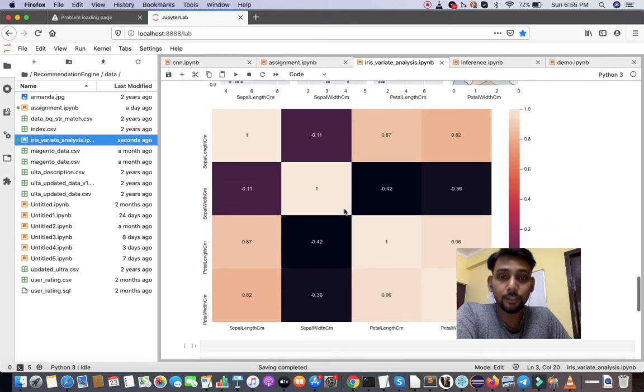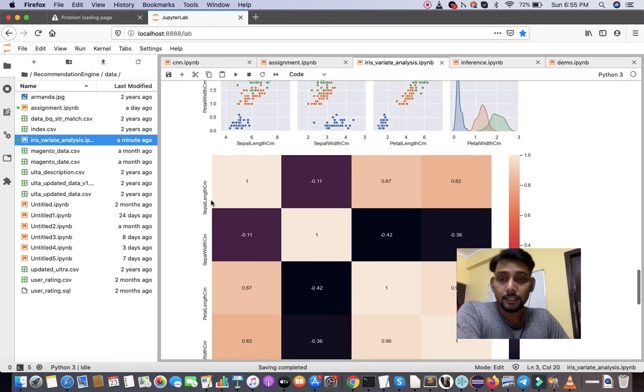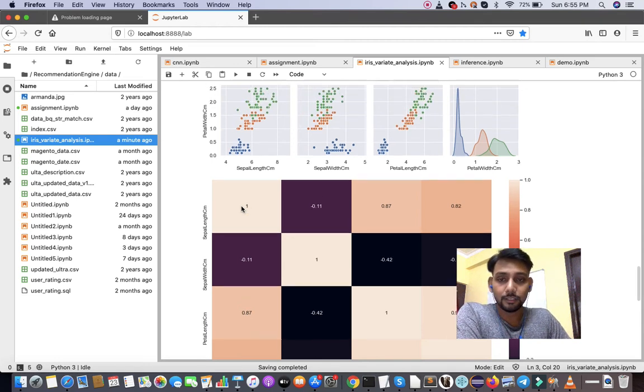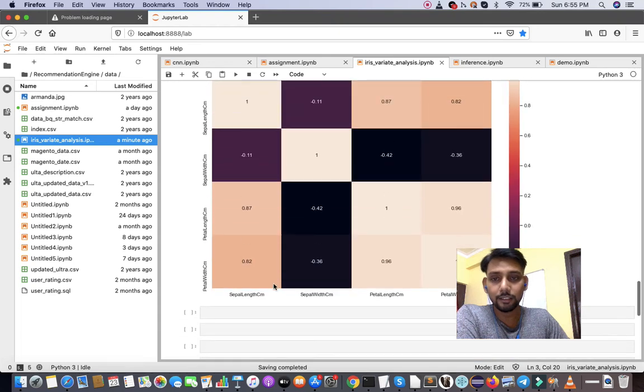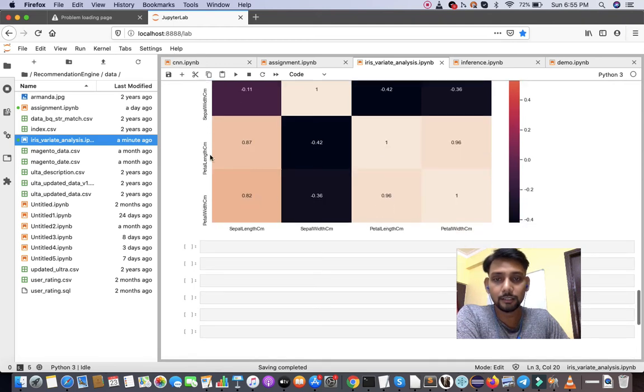Let's see about the correlation. So sepal length is very highly correlated with itself, obviously, right? So every variable is maximally correlated with itself, right? You can see sepal width very highly correlated with itself, and the same case with petal length and petal width, right?